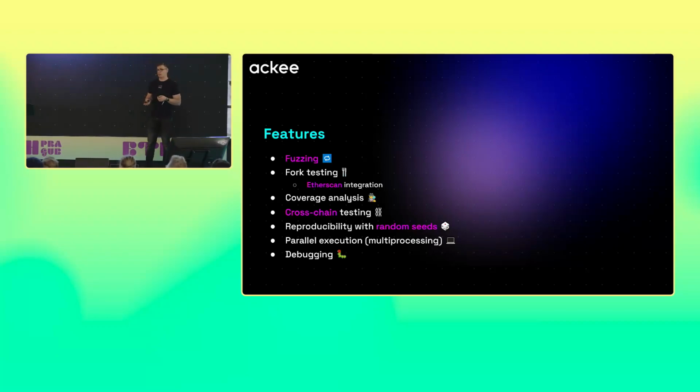And there's also debugging. Since we are writing tests in Python, we have very strong debugging capabilities. We can stop at any line in the code, we can print any information about the code, and we can also interact with contracts that are deployed, or we can even deploy new contracts. I have a quite nice animation on the next slide. This is an example, and unfortunately it doesn't work, so I'm sorry.